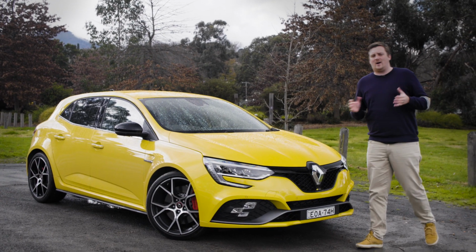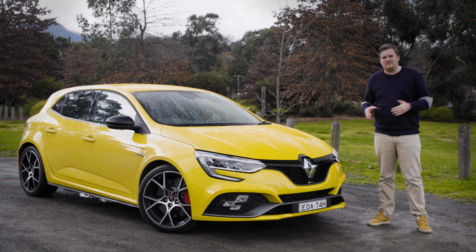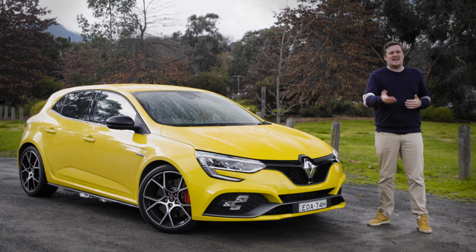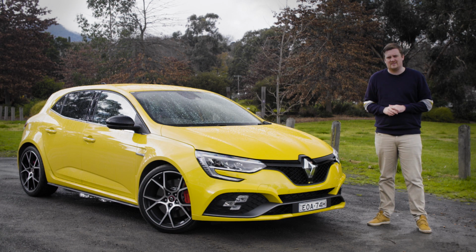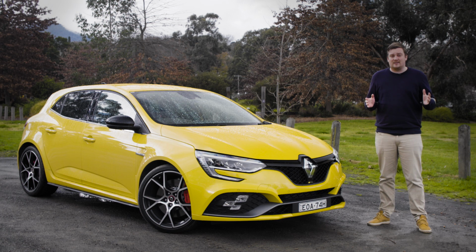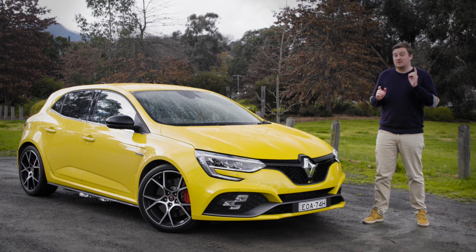team actually have quite a challenging job. With a hot hatch, if they go too conservative, there's no discerning it from your nana's grocery getter. If they go too wild, then you're going to look like a boy racer who just got his first copy of Need for Speed. Thankfully, at least to my eye, I think Renault have done a really good, mature job